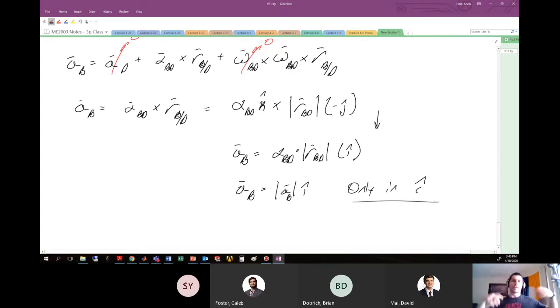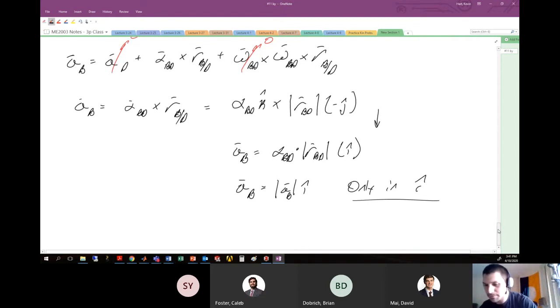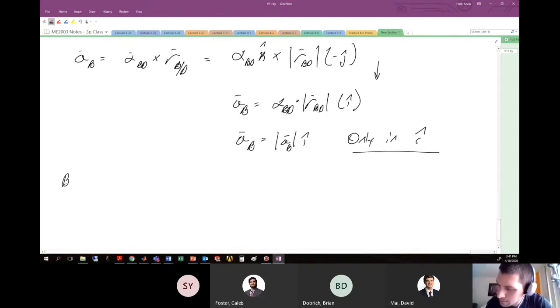All right, so that's kind of a mathematical way to show that the acceleration of point B will only be in the i direction. This is useful for us because we can take that piece of information to the analysis of bar AB to complete that analysis. So back to bar AB. Now if we look at bar AB and we relate the accelerations of the two points on the object that we care about,